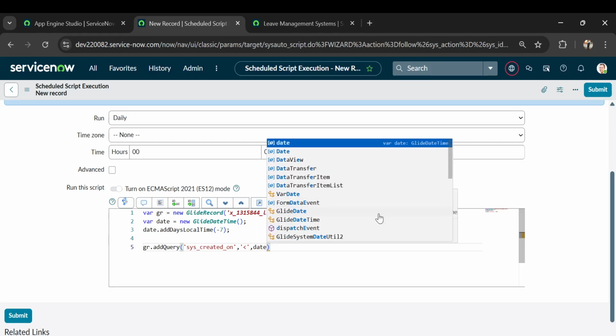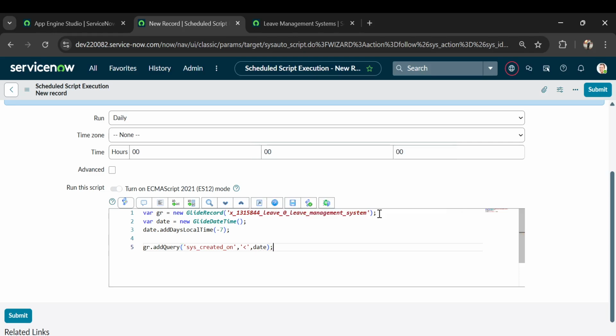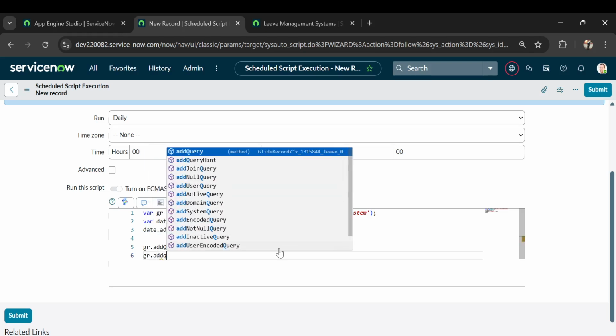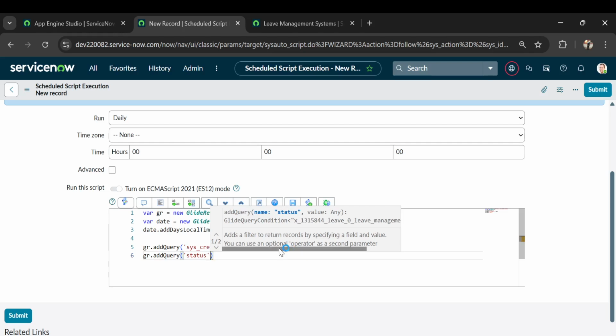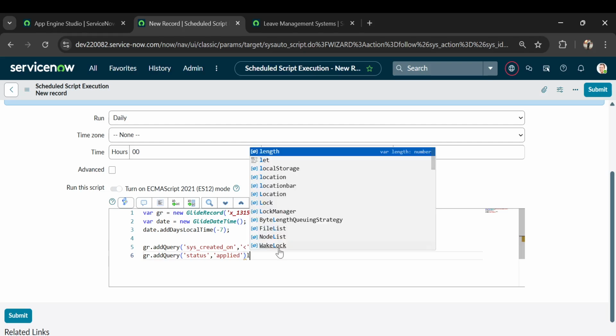Date, because date is already set to 7 days before, right? So see this condition. I am telling that if sys_created_on is less than date, where date is now pointing to the date 7 days back, if this is even before that, our record will be filtered. And the other filtration is gr.addQuery, and we want to filter with status. So if status is not approved, or we can put it like applied, if it is applied, right,